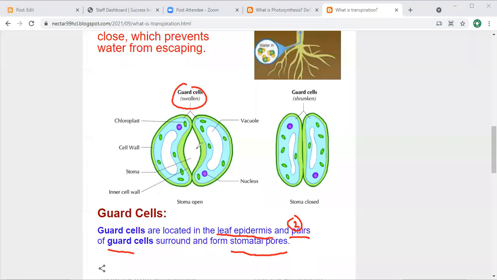Now, if you have any question related to guard cells, related to stomata, please raise your hand. Otherwise, type no in the chat. Then we move to the next. Okay, well done. Very nice. Excellent, my dear. Okay, thank you. Yes, Umar Walid again. Yes, Umar.